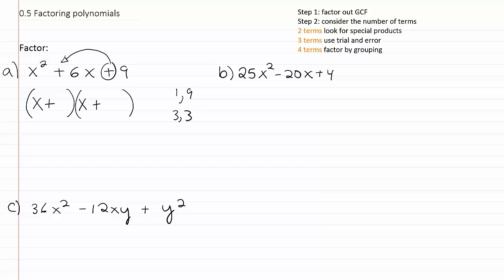We need factors of 9 that add to 6 in this case, so we're going to go for 3 and 3. We would try those pairs first, even if we're doing pure trial and error, and then we would plug them in and just check to see if that works. Well, 3x is the inside product, the outside product is 3x. If you add those together, you do indeed get 6x, and that's our middle term, so we're done with the factoring. However, it is possible for us to simplify this a little bit further than normal